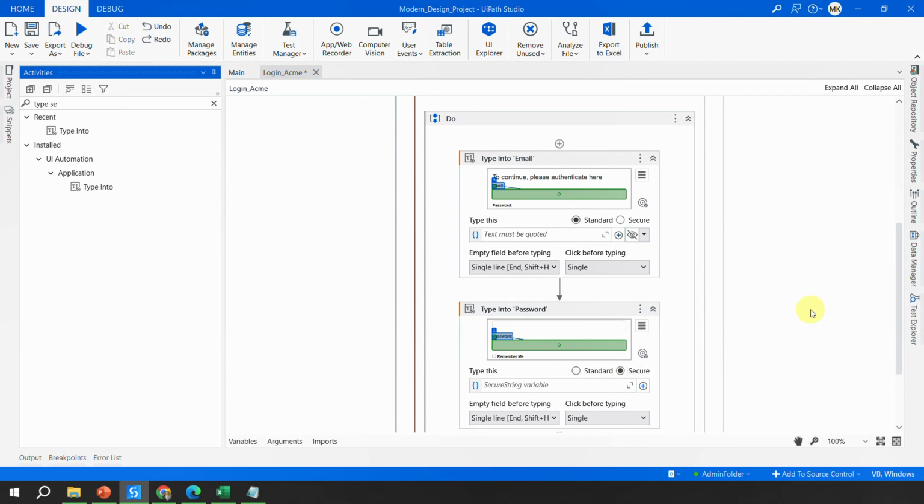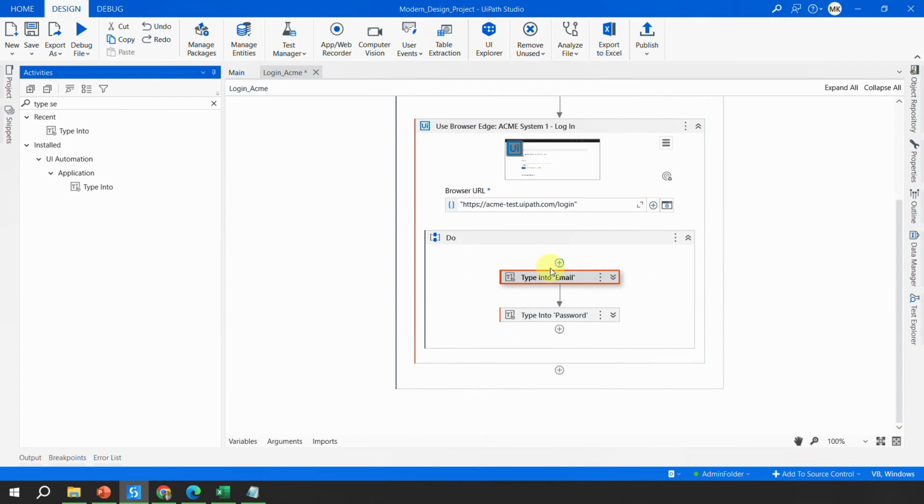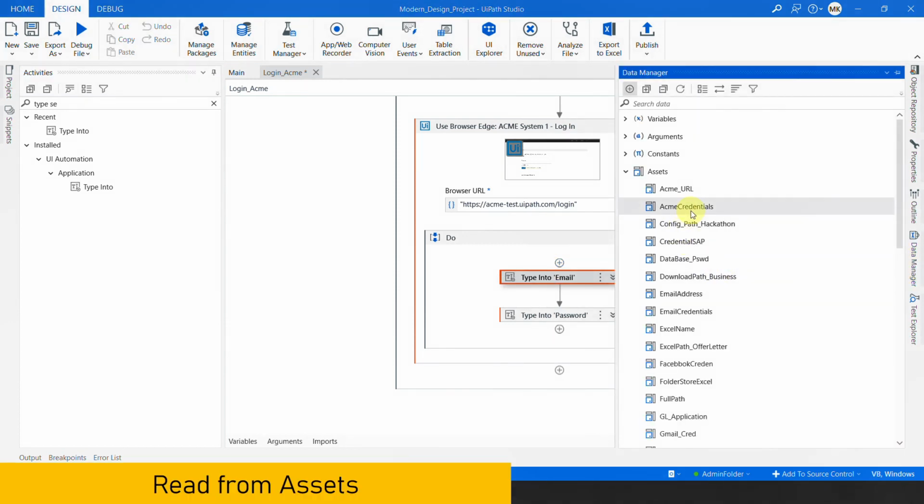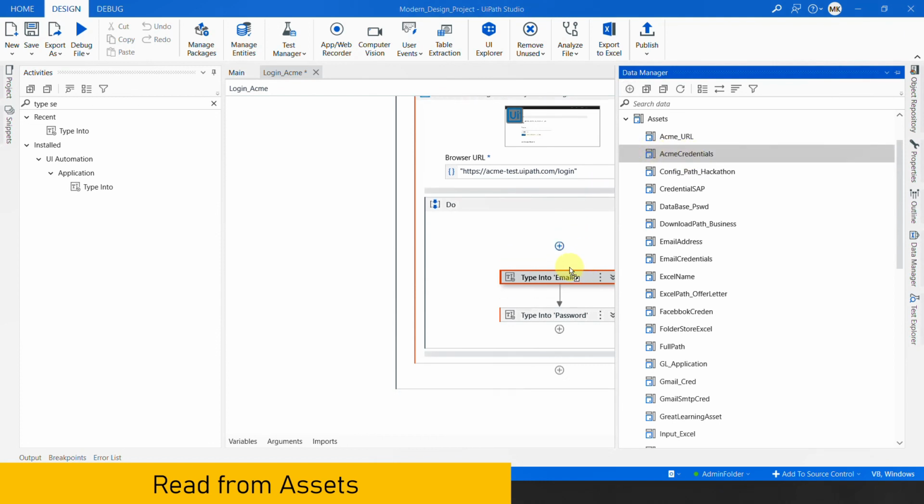Okay, now the question arises, where do I have this username and the password, right? So username and password should always be stored in assets, right? So I'll go to the Data Manager, and here I have stored all my credentials. We are doing the Acme automation, so I'll take this one called Acme credentials, drag and drop it here,